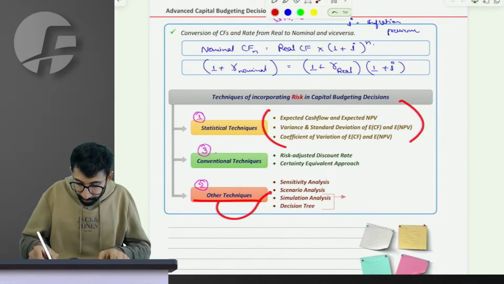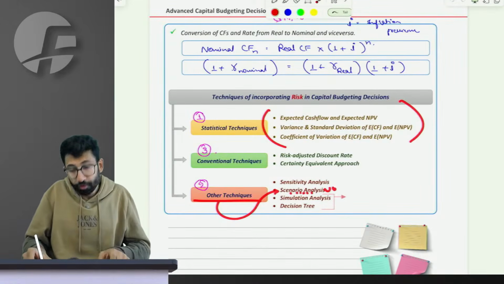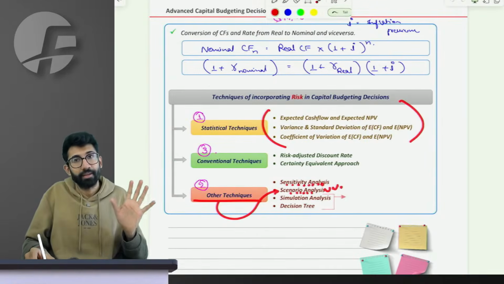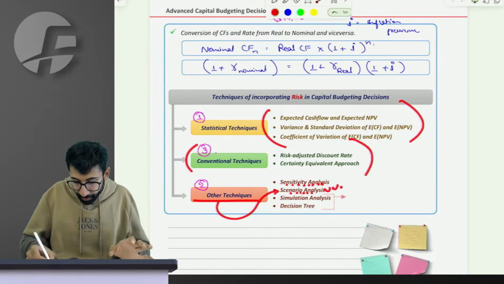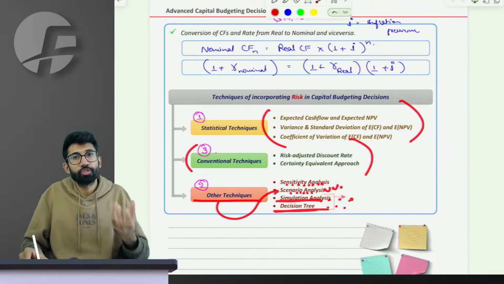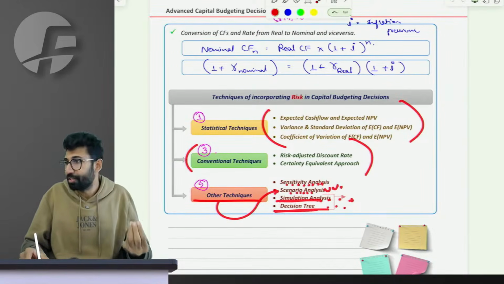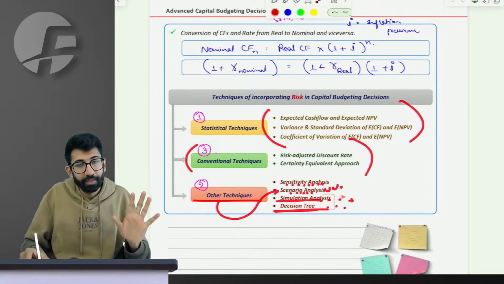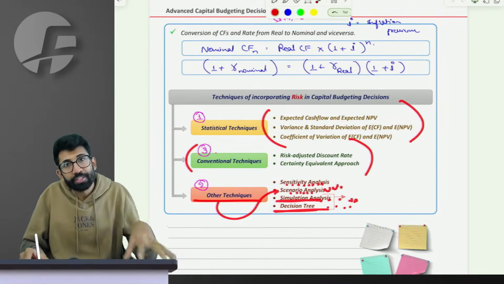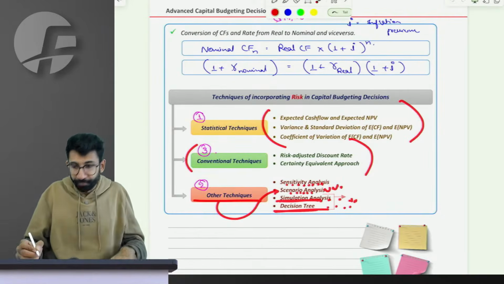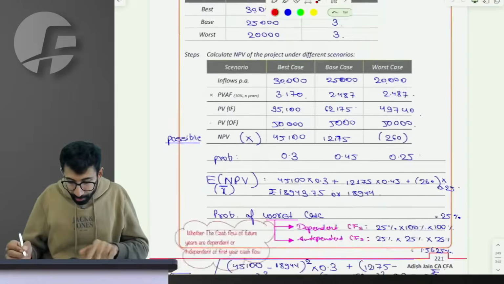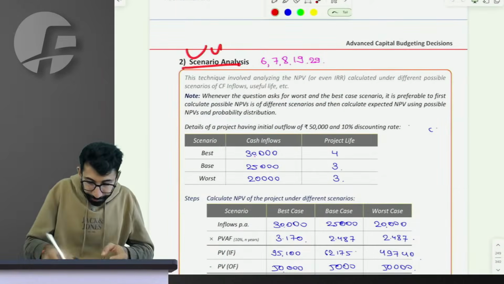Now we are learning other techniques, in which we will first start with scenario analysis, then we do sensitivity analysis, and then we go to the third technique. Sir, these last two techniques are of almost zero practical question relevance. Fine, they have got no relevance from a practical question point of view, based on the questions of the study material so far. Perfect. So let's learn scenario analysis now.